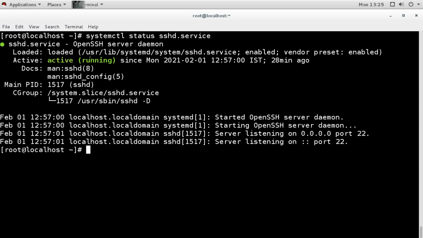This is the high level status, which is active, and this is the sub level, which is running. And when you check the file, whether it is enable or disable, we can manage this. We can start, stop, reload by using this systemctl command. If it is already running, then you can say restart. It will stop and start again, and again you can do reload also.